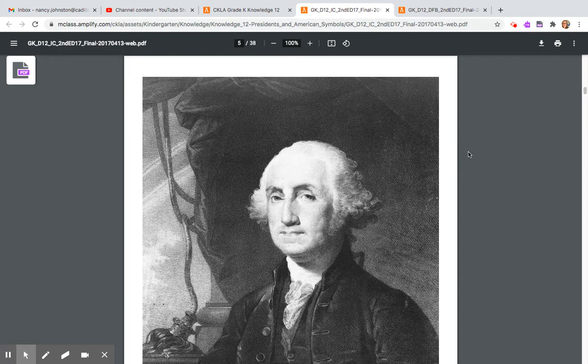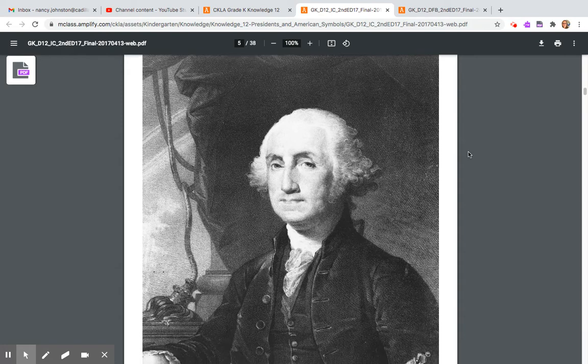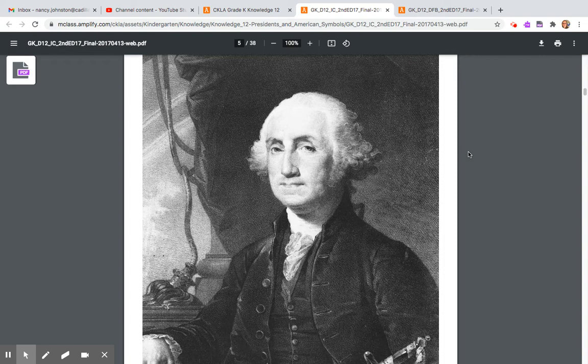Do you recognize the man in this picture? Some of you might have said an old man, a president. This man is George Washington, who was the first president of the United States.